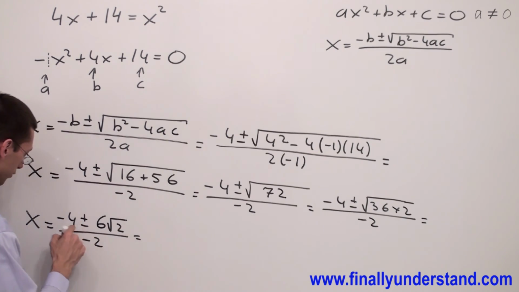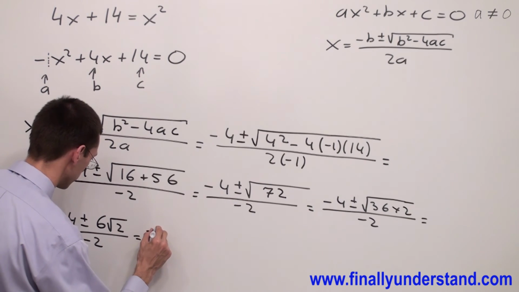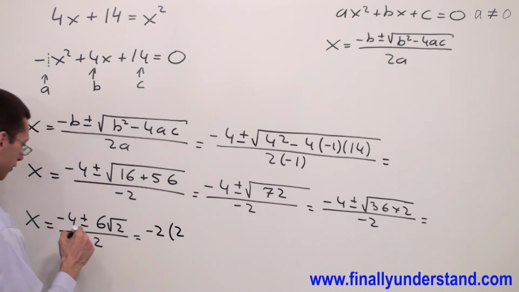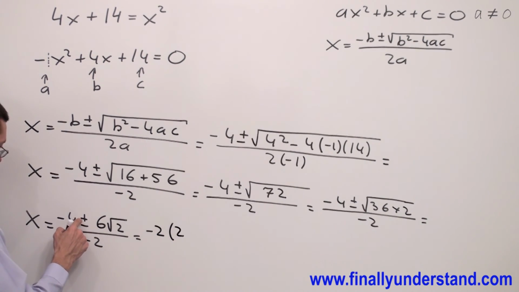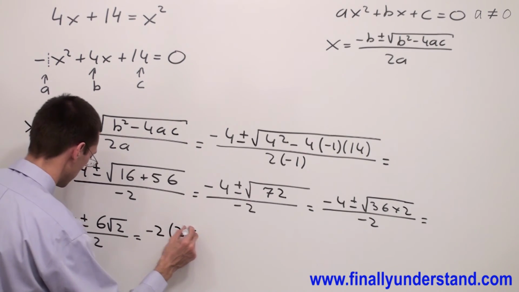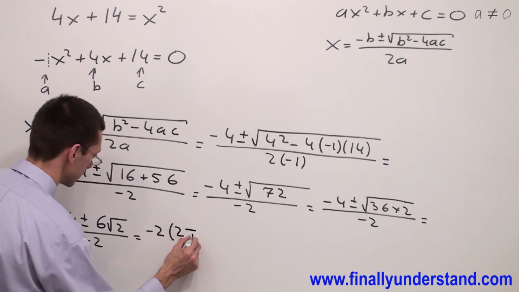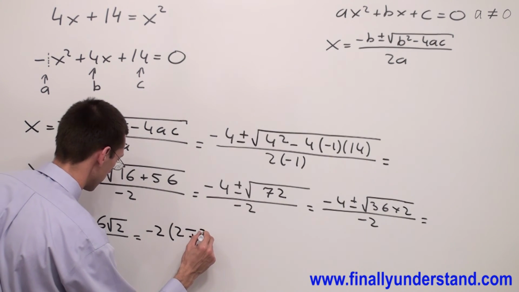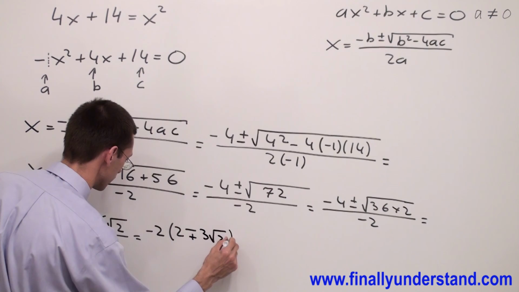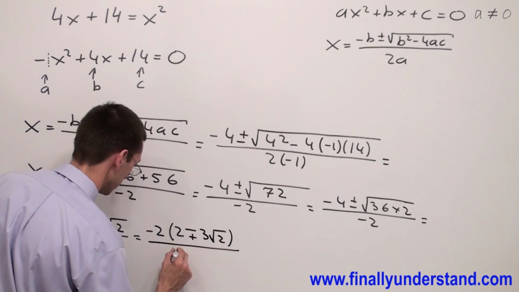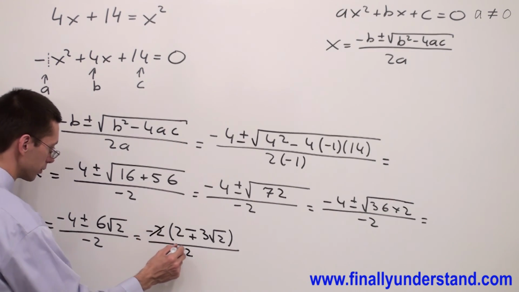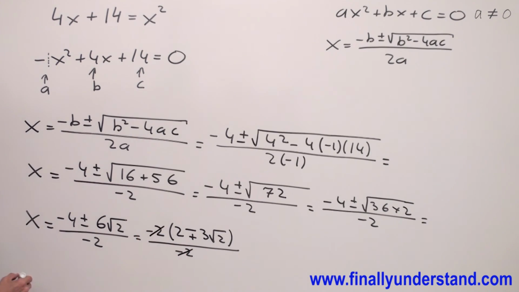And also we have negatives, that's why I'm going to factorize negative 2 from the numerator, and I'm going to have 2, and if I factorize the negative sign, this positive becomes negative and negative becomes positive, and I have 3 square root of 2 over negative 2. Negative 2 and negative 2 will cancel out, and I have